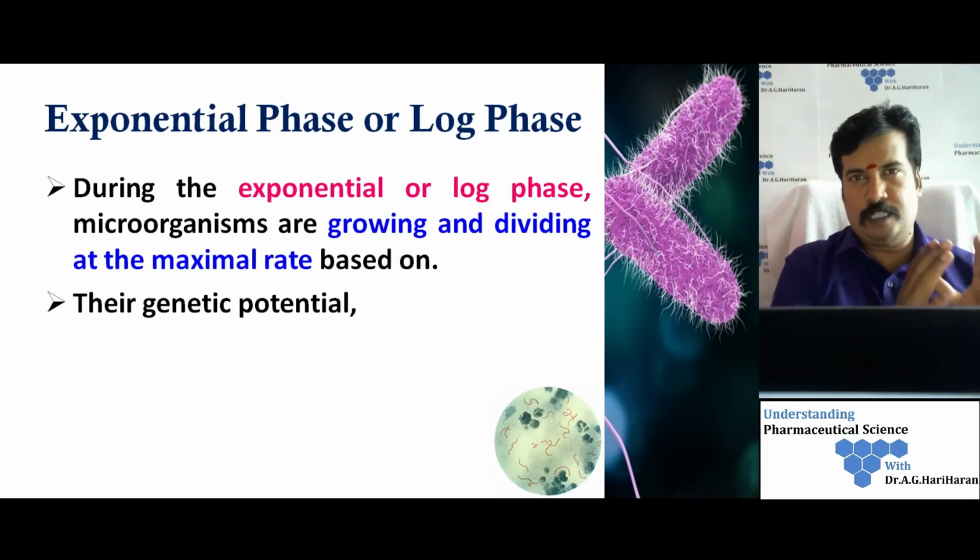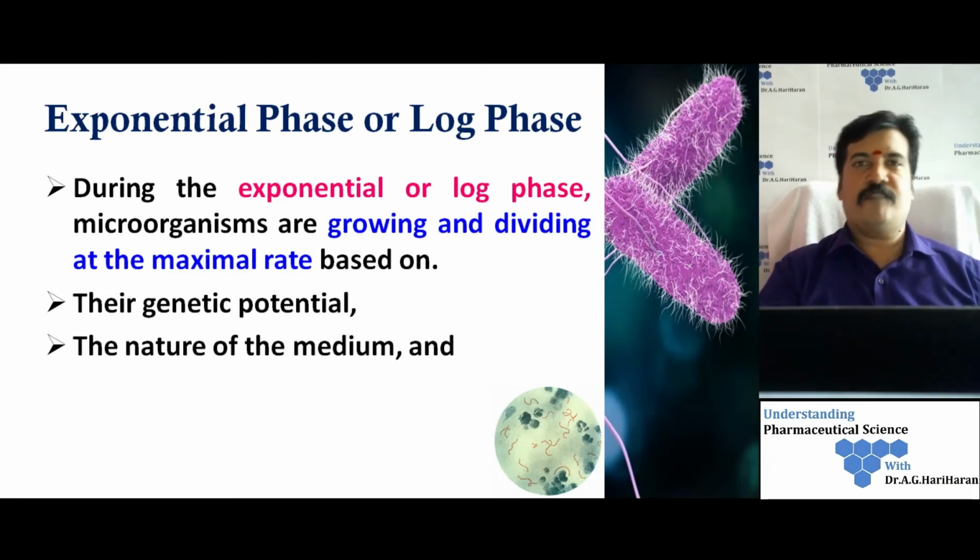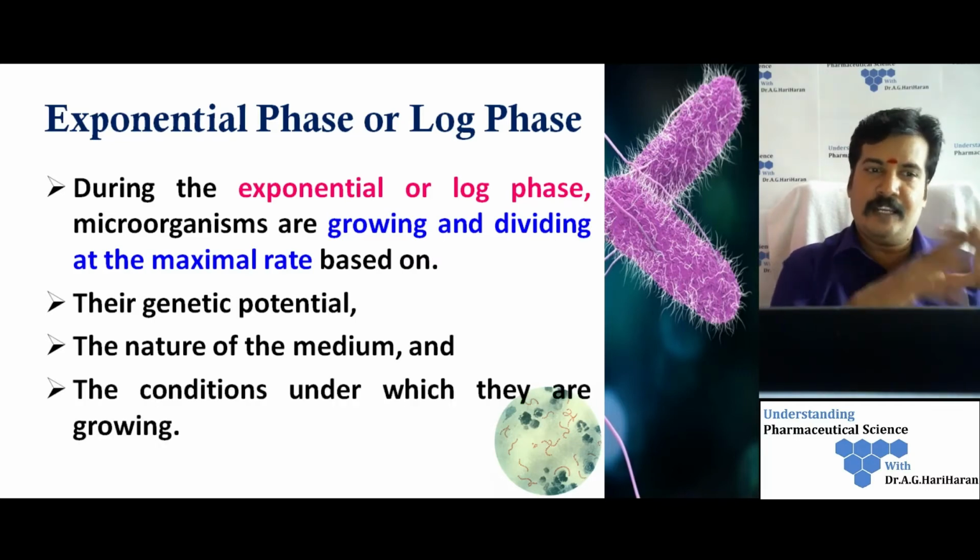Its growth is basically for three reasons. One, the bacteria will have its full genetic potential for cell division. Second, the nature of the medium is comfortable, with nutrient availability enough for the growth of the bacteria. And third, the condition